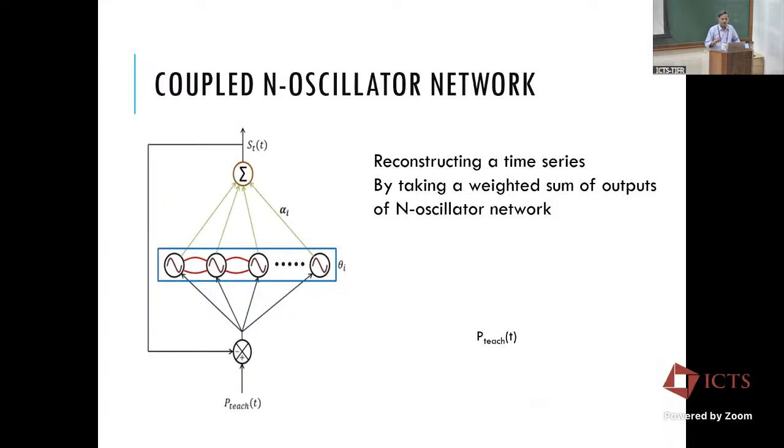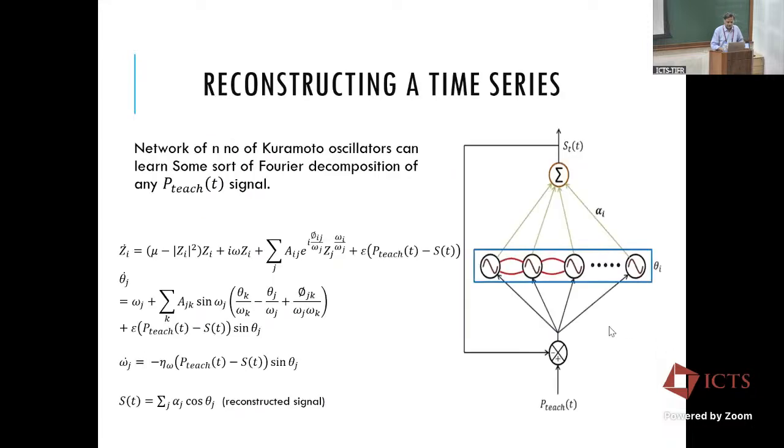So we showed how to train a single oscillator and its frequency, and how to couple a pair of oscillators. Now let us take a whole network of them and show how you can learn some arbitrary time series. You have a network of these oscillators. Now instead of just 2, I have n of them, coupled by an n by n matrix of complex numbers with power coupling. I take the outputs of all these oscillators, take a linear sum of them, and I want this linear sum output to approximate some unknown time series.